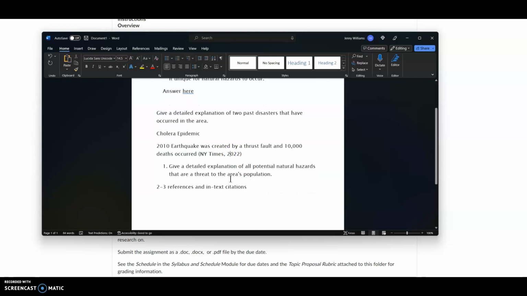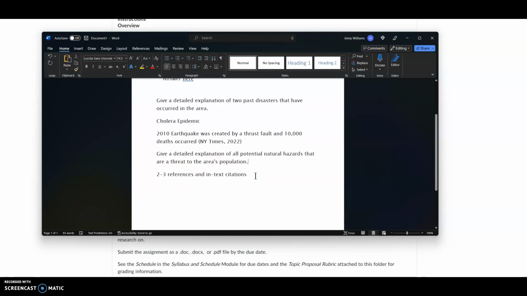I have that APA video for you guys to review if you don't remember how to do in-text citations, but essentially any claim that you make that has any kind of numbers in it, or a strong scientific claim, needs to be supported with your research, okay? So that's question 2. And then question 3 is give a detailed explanation of all potential natural hazards that are